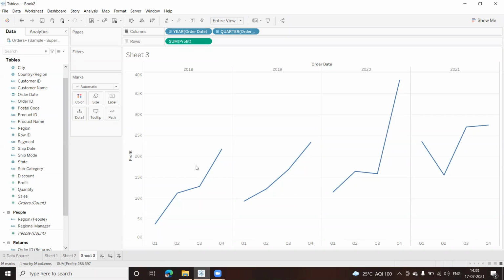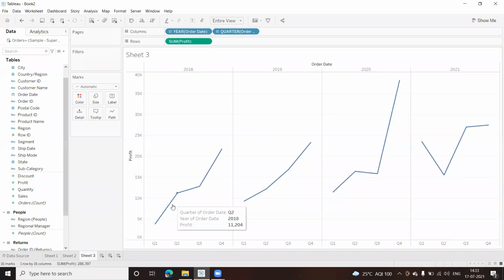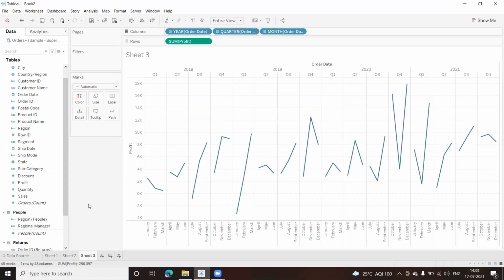And it definitely gives you an insight. If you look at this, it can tell you a trend. The trend is that every year my sales or my profit is increasing. Great. If I divide this further quarterly, it tells me the last quarter has always been a profit for me. Only in 2021, the last quarter did not do comparatively that well compared to the other 3 years. This will give me an insight. Fine. Now tell me, guys, if I divide this further, what does this tell me? Anyone?